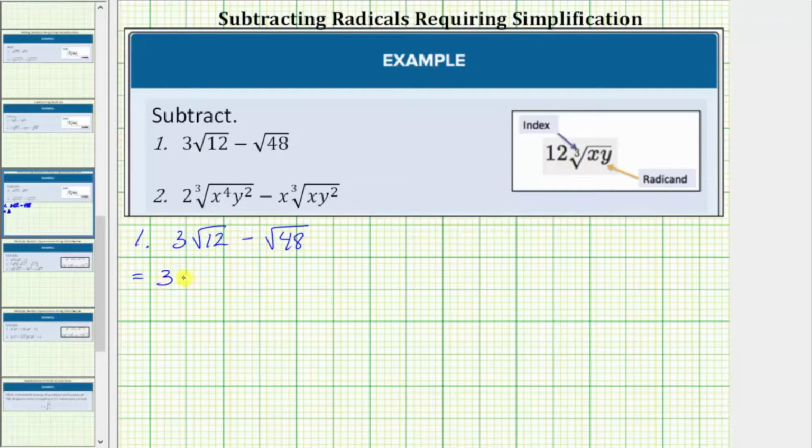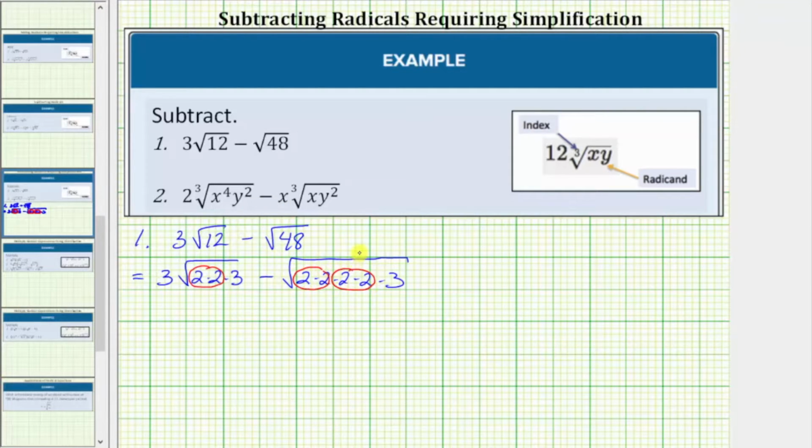So we have 3 times the square root of, the prime factorization of 12 is 2 times 2 times 3. Notice how this shows 12 contains the perfect square factor of 2 times 2, or 2 squared. So this will simplify. And then we have minus the square root of 48. The prime factorization of 48 is 2 times 2 times 2 times 2 times 3. Notice how this shows 48 contains the perfect square factor of 2 times 2, or 2 squared here, as well